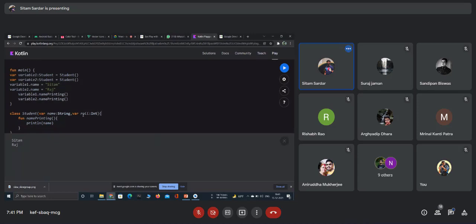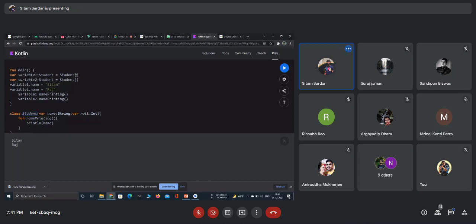Now, what has happened here? I have mentioned that if you want to make a variable of this class, if you want an object of this class, then you need to pass the arguments. What are the arguments? First of all, you need to pass a name of type string, then you need to pass an integer.